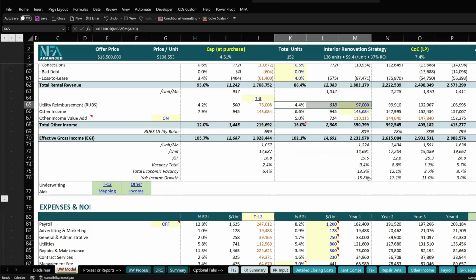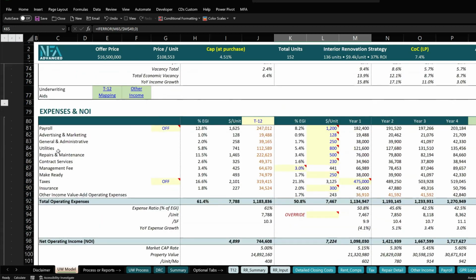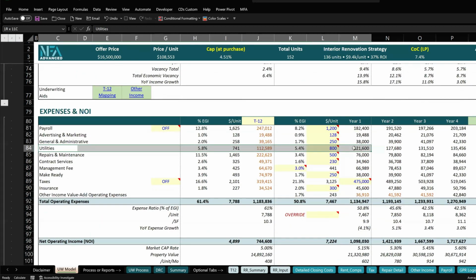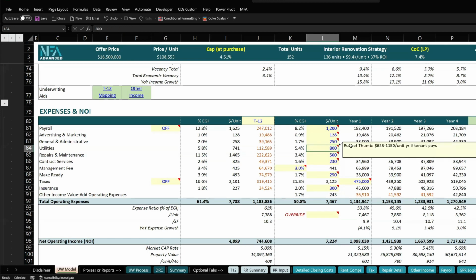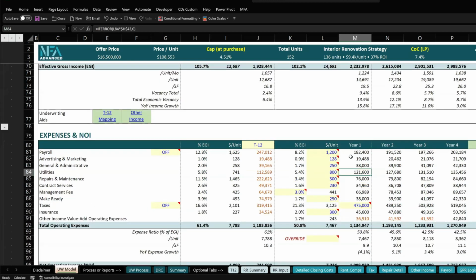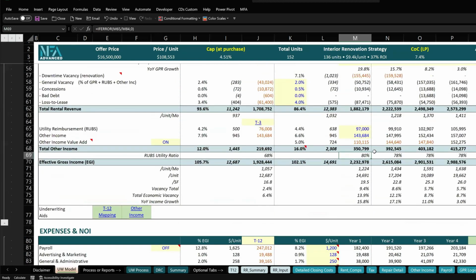So I'll look at the utilities. Utility right here, we're at $800 a unit, and then it has this percentage. So I'm at 80% at this amount. But also I will caution,